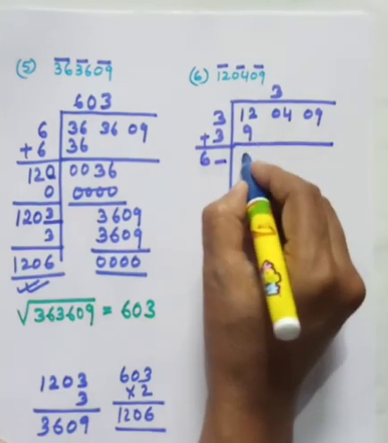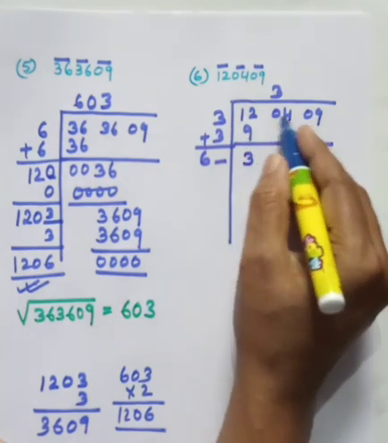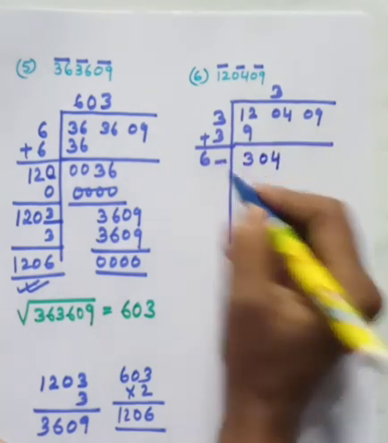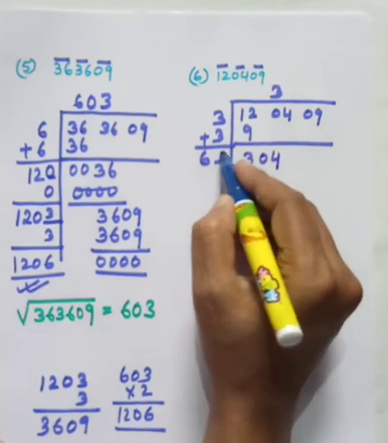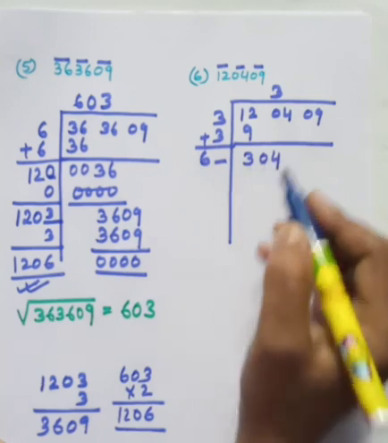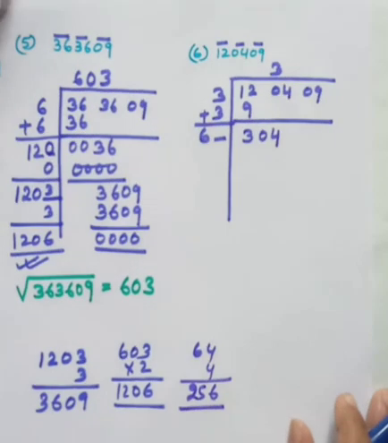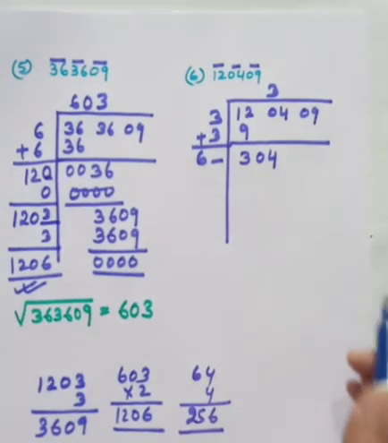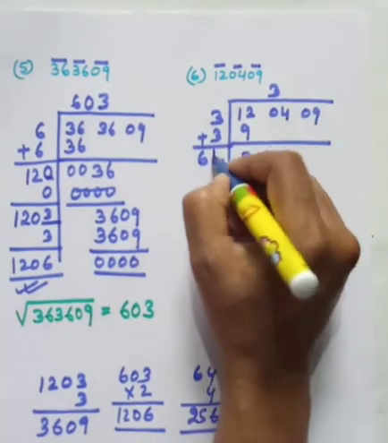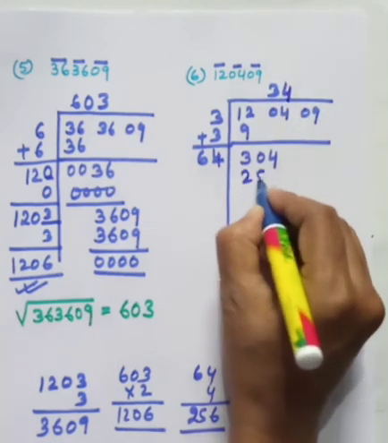Then 12 minus 9 is how much? 3. 12 minus 9 is 3. Bring down 04. Now see here. 6 5s are, if you are taking now, 5 5s are 25 and 6 5s. So it will not be going. 6 4s are you take. That means 64 4s are. 4 4s are 16, 1. 24 and 1, 25. It is coming 256. So 256 is suitable here. So we are putting 64 4s are. Okay. So this will be 256.